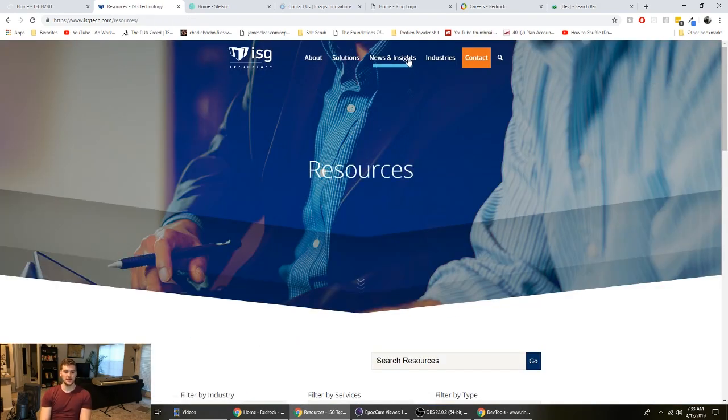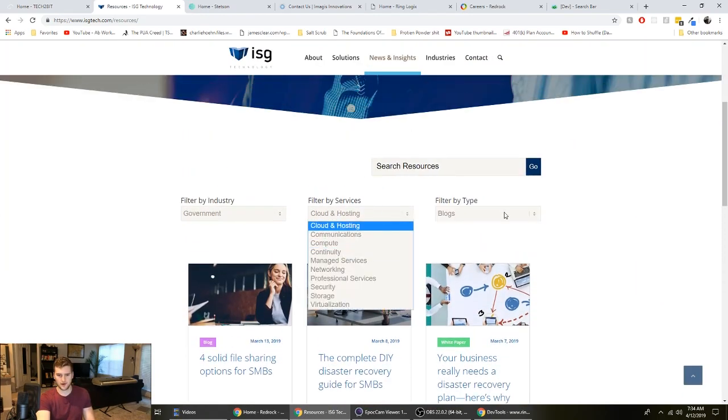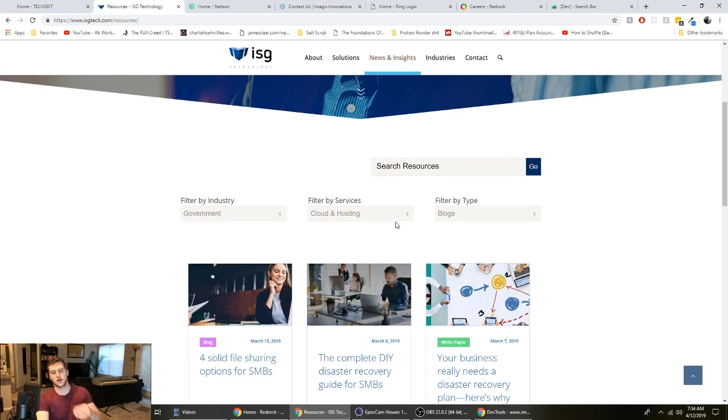Even with the plugin, one of the plugins I use is Autoptimize, and that'll minify all the CSS, JavaScript, and HTML. Actually, I don't know if it minifies the HTML, but it compresses all the files and joins them all together so that it has to serve fewer resources from the server. And sometimes it doesn't minify them in the right order or combine them in the right order. So some JavaScript functions don't work correctly. And that's what happens right now. If I turn it on, the search bar and the cloud hosting filters don't work. But